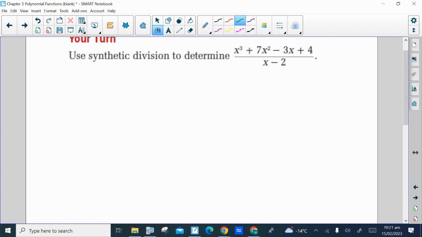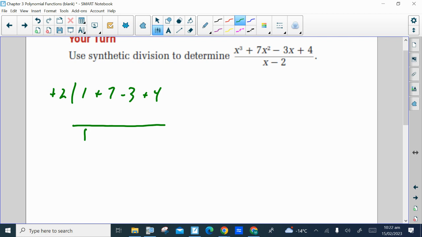So in this case here, instead of dividing by x minus 2, we'll divide by x plus 2. And again, we do this so that we can add as we're going along. Looking at p of x, it's written in the proper order of descending power. There's no terms missing, so you don't have to include any coefficients of 0. It goes into 1x cubed plus 7x squared minus 3x plus 4. Leave a space, draw your line. The first number is always copied down. And we change it from an x minus 2 to an x plus 2, so we can multiply now and